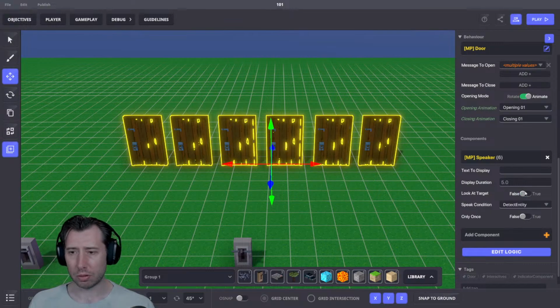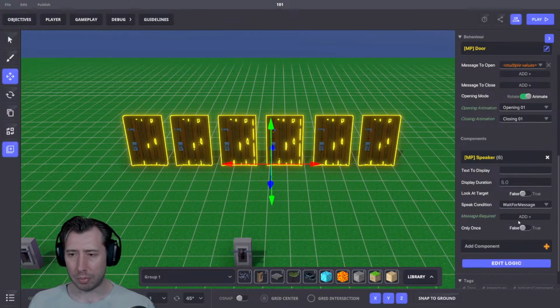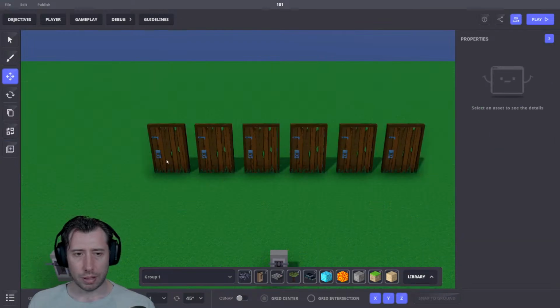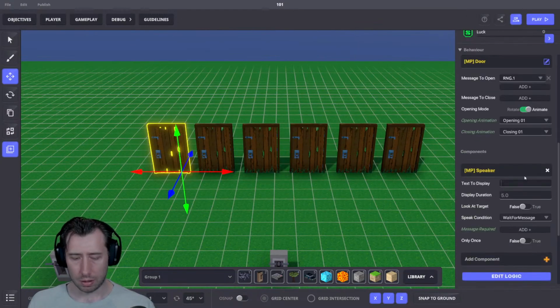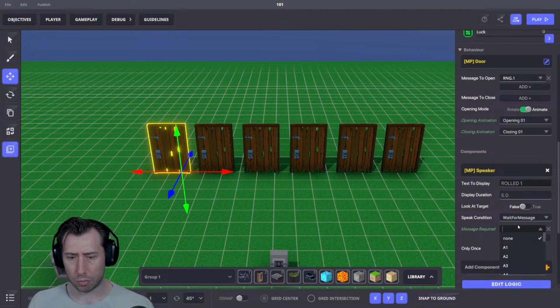Cool. We don't want it to look at target, and we want to wait for message. Awesome. And now we'll do these individually. We'll just say rolled 1, and the message we want to require is RNG1, and basically you do that for